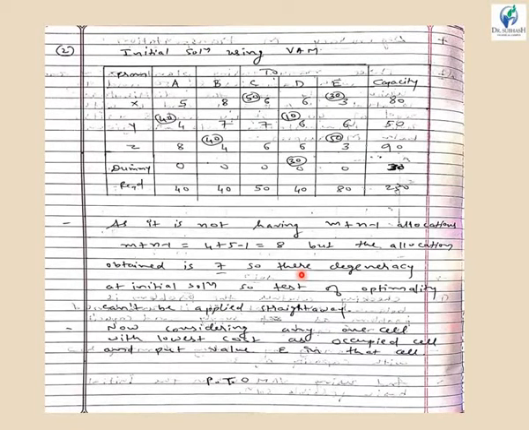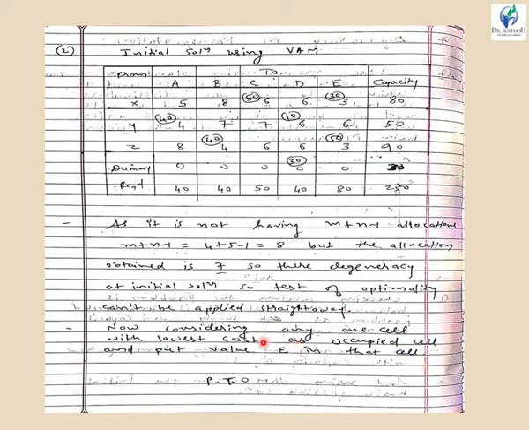Degeneracy is nothing but this: if the allocations that you obtained using any method, whether northwest corner method, least cost method or Vogel's method, are less than m plus n minus 1, then one can say that there is a degeneracy in the given transportation problem, and that must be removed. So what are the steps to remove the degeneracy? The obtained allocation is 7, so there is degeneracy in the initial solution, so we cannot test for optimality straightforwardly. So the first task will be to remove the degeneracy, and then only we will go for the optimality test